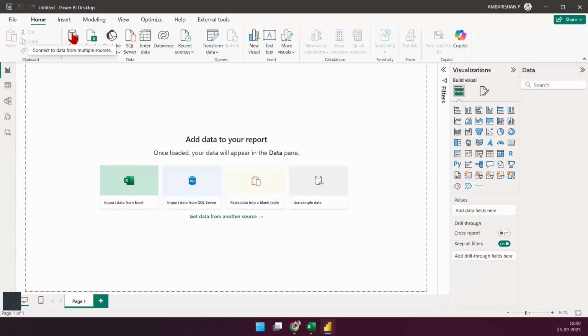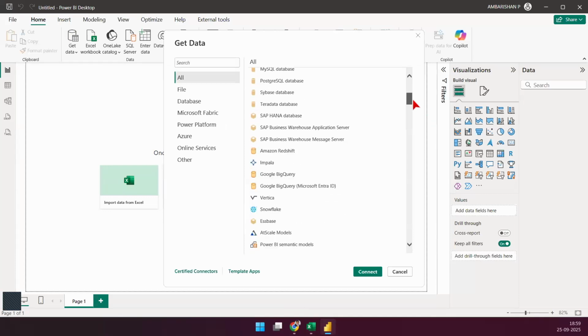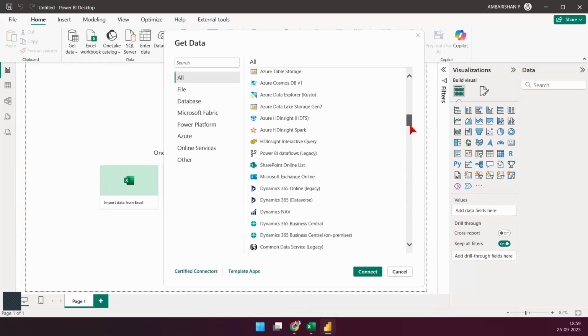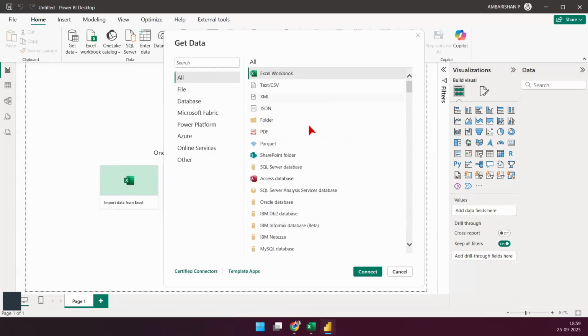You can click on the get data icon. That's going to give you a big dialog box like this. And you will see that you can connect to a variety of different data sources here. You can just install this software, by the way. It's pretty simple, pretty easy and free forever. So just download the software and let's see how this goes.